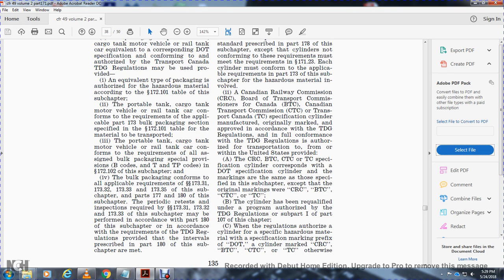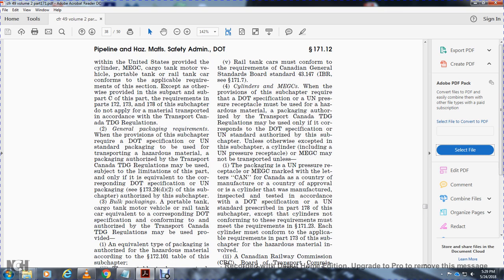31, 32, and 33 of the subchapter may be performed in accordance with Part 180 of the subchapter, or the TDG regulation, provided that the intervals prescribed in Part 180 of the subchapter are met. Rail tank cars must conform with the requirements of the Canadian General Standards Board standard 43.147, the IBR in 171.7. Cylinders and MEGC with the refrigerant subchapter required with the DOT specification UN